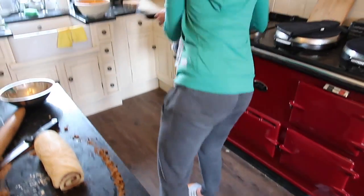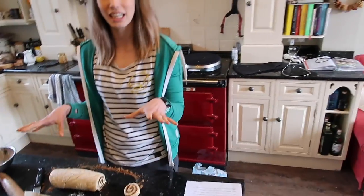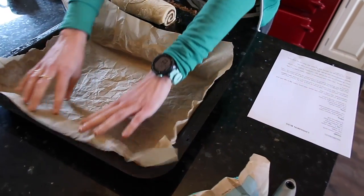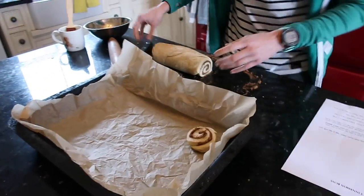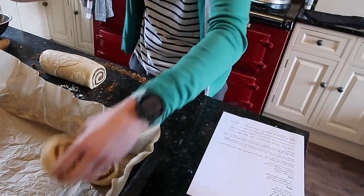Get my tin. Oh, she's not so organised this time. Sorry. Got my tin, lined tin, quite a big, you can show that, point it down. Yeah, quite a big roasting tin really. And then you're going to just pop them into there,